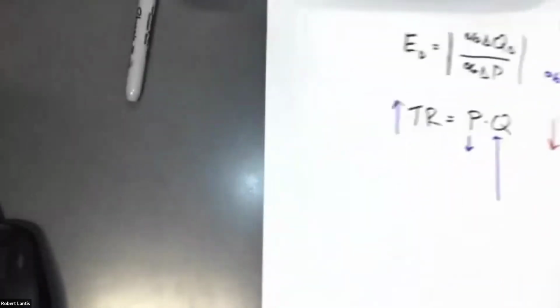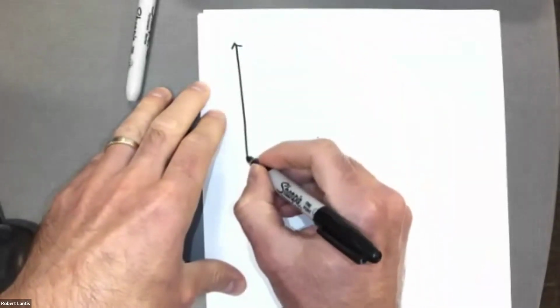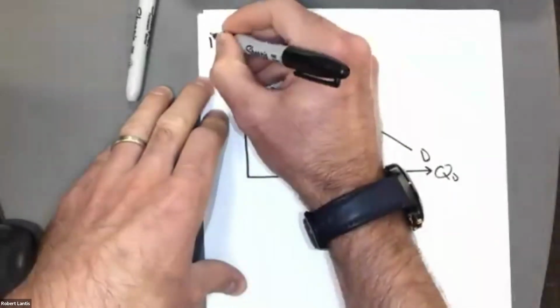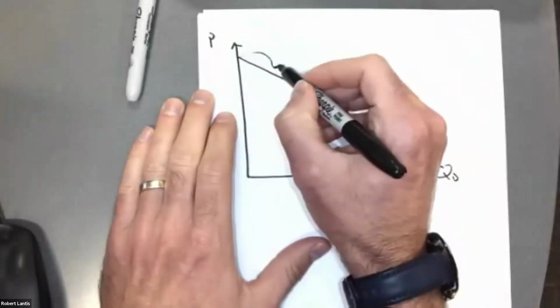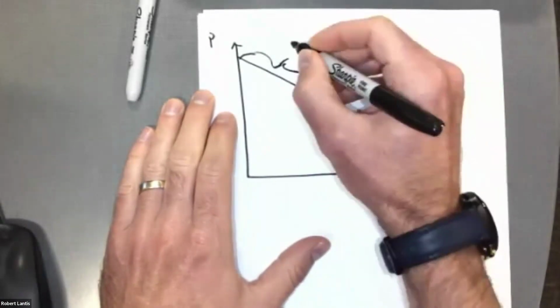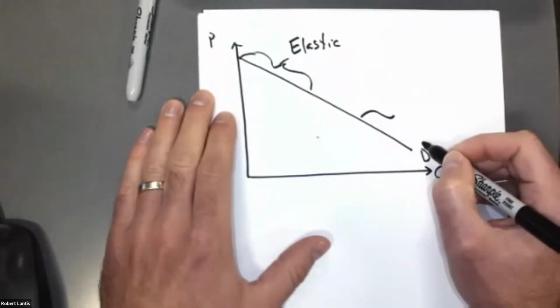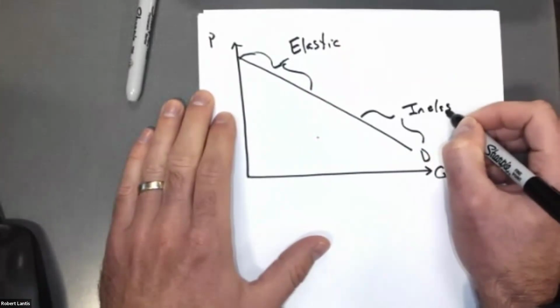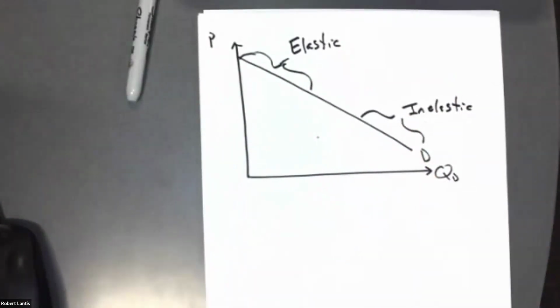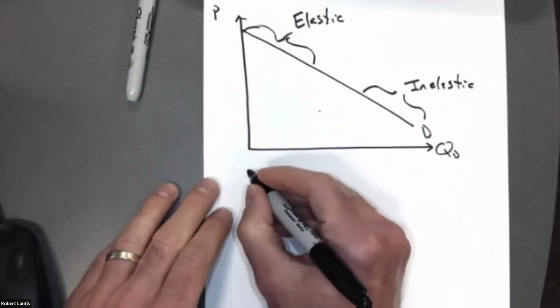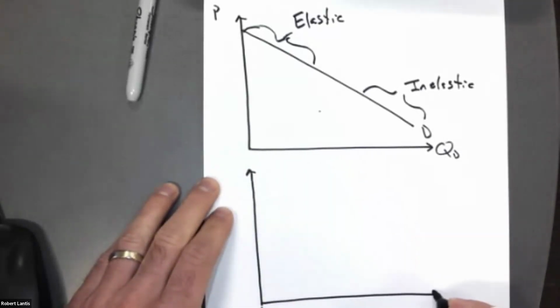So with this idea in mind, if I'm looking at a demand curve, we'll kind of combine all of this, right? We said initially, demand is going to start out as relatively elastic. As we move down the demand curve, it's becoming more inelastic. Eventually, we'll get to prices where the elasticity is less than 1, or it is inelastic. So if we map these out and we think about, okay,